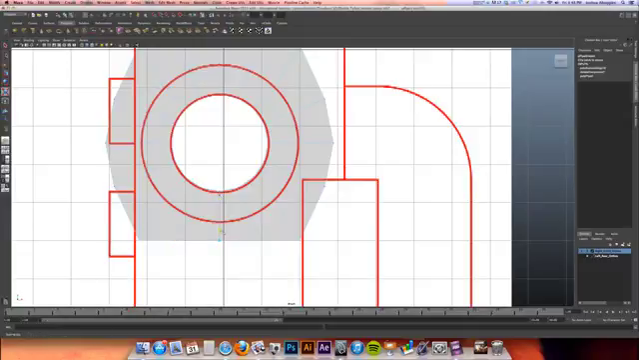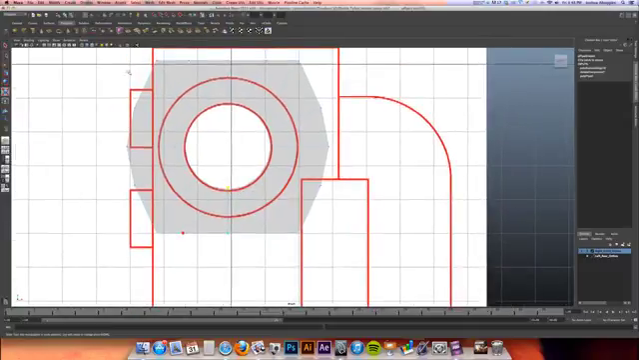So in essence what we're doing is instead of extruding out that elliptical shape, we're going to actually extrude out a box from the pipe or from the ellipse. Okay, so now that I've done that, I'll just go ahead and double click on one of these edges